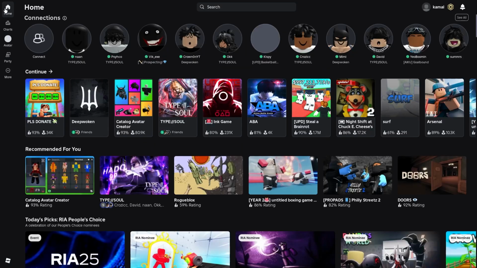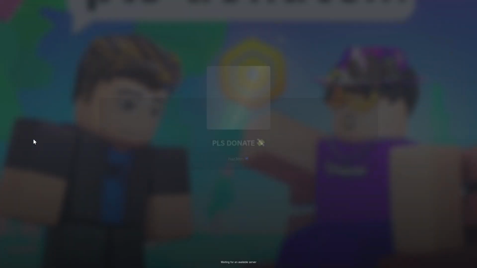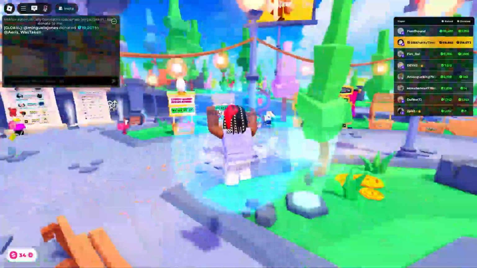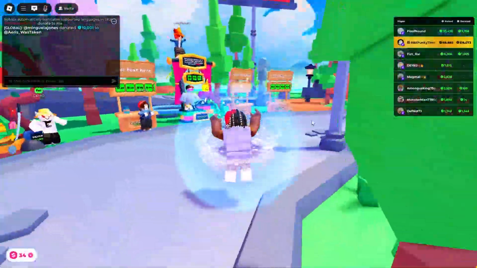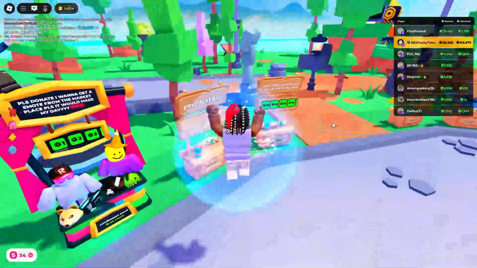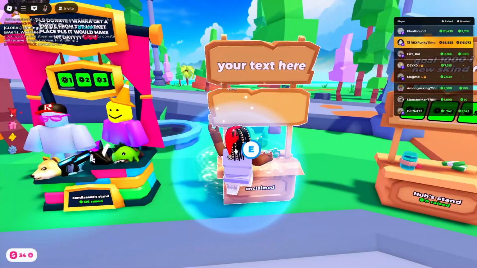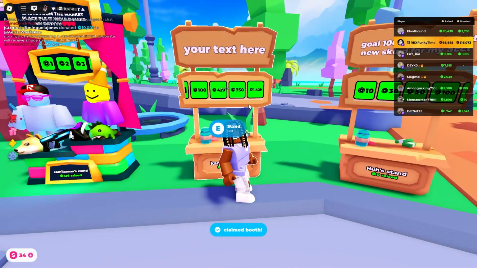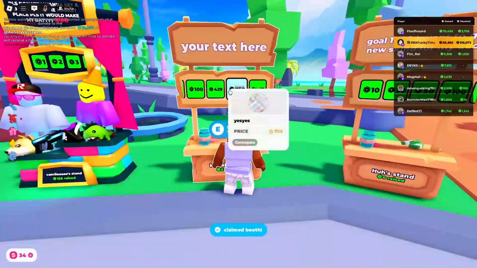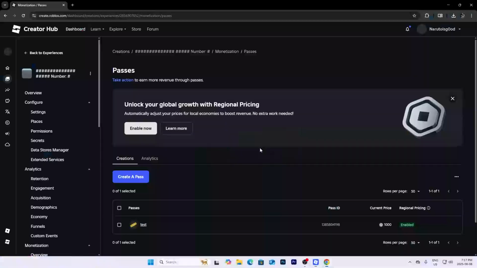Once I go, let me just join Please Donate. Go to this, get a stand. As you see, you just have to wait a bit and your pass will be there. Okay,